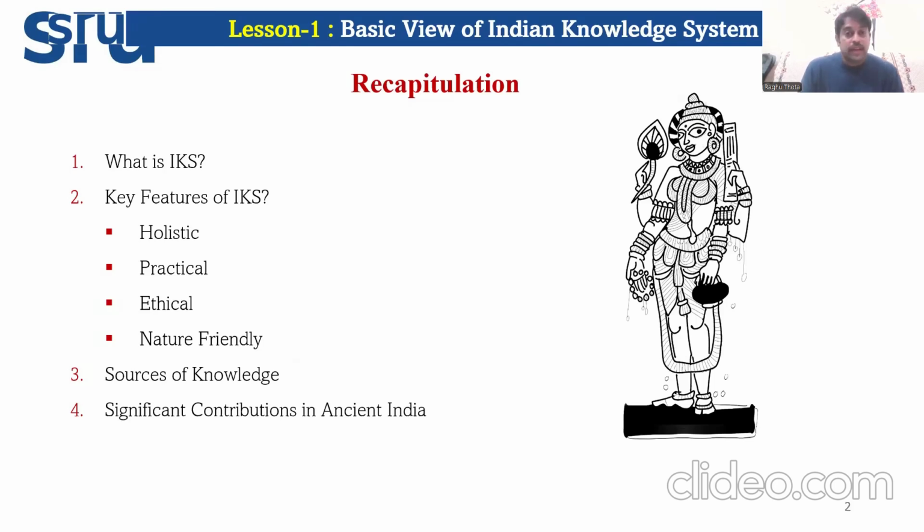What is another point we discussed under the canopy of lesson number 1? What were the different sources of knowledge they had in ancient times? They had 4 important sources. One is the Vedas, second is the Upanishads, third is the Puranas, and fourth is the epics such as Ramayana and Mahabharata. Ultimately, the importance of these 4 categories is that they induced moral values, ethical values, and the right way of living in the public in ancient times.